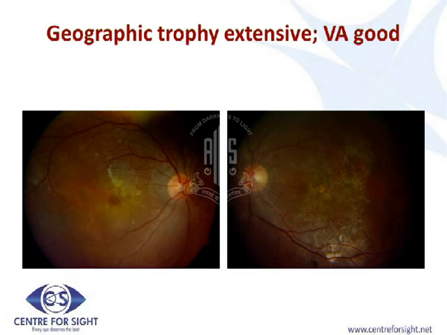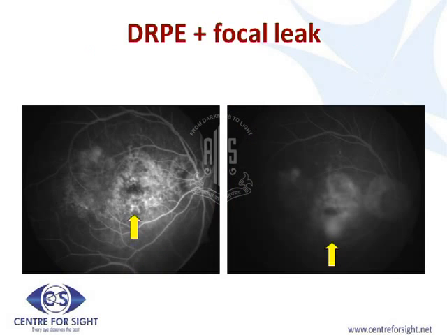Now this is a patient where there is an extensive geographic atrophy. What made us think of something different is because the vision was very good. Now when you have such geographic atrophy, the vision should be miserable. But the vision was very good, and when we did the angiography,